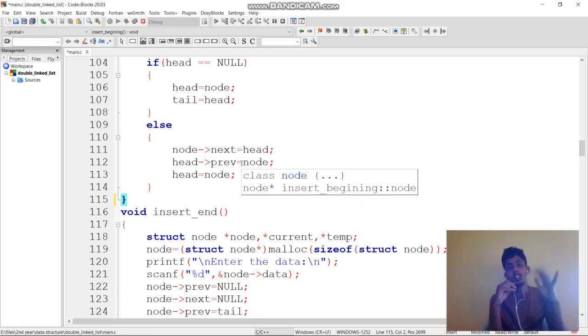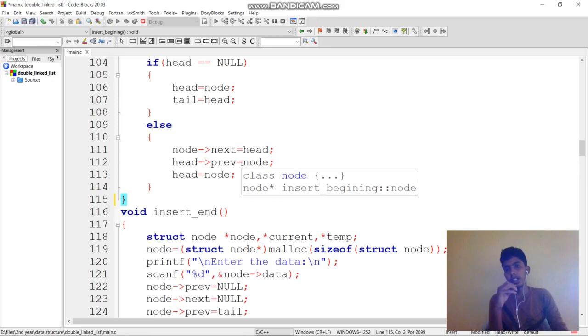Head means the starting address, that is, initially it holds one node address. So we are going to consider that node as the second node. We are going to insert one node at the beginning of all the nodes. The head pointer points to the first node initially, and we make that node the second node.